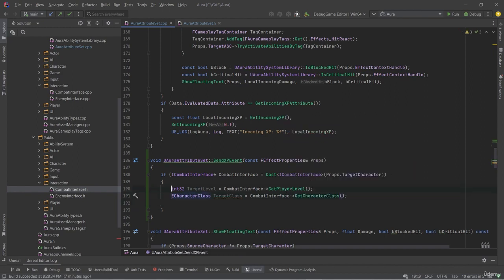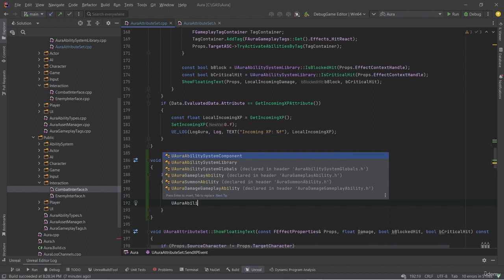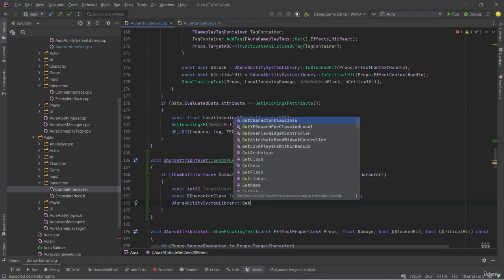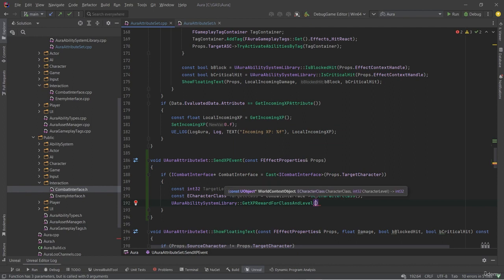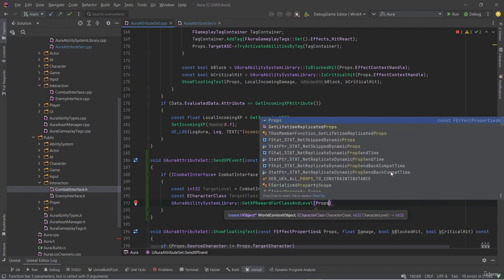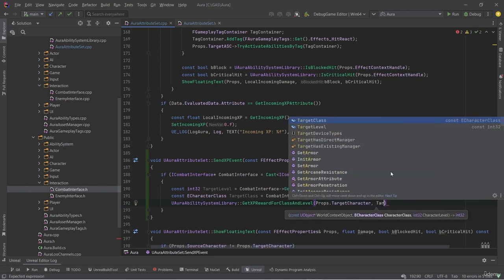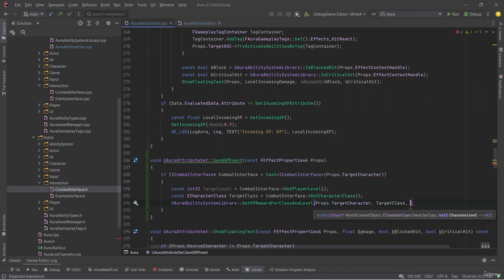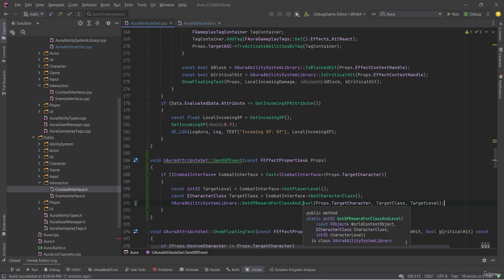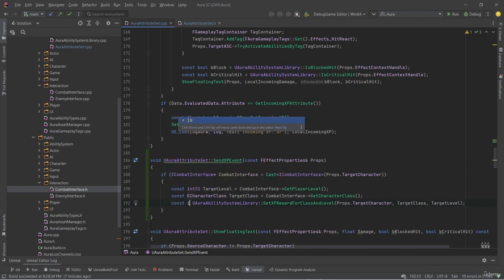Now that we have those two, and those could be const, we can make them a const int32 and a const e character class. We can now get that XP reward from Aura ability system library. Get XP reward for class and level. Now this does need a world context object, so we could just pass in props.target character. The next input is the character class, so we can pass in target class. And finally, we need the character level, and that's target level. Now this returns us an int32, so we can store it in a const int32 called XP reward,